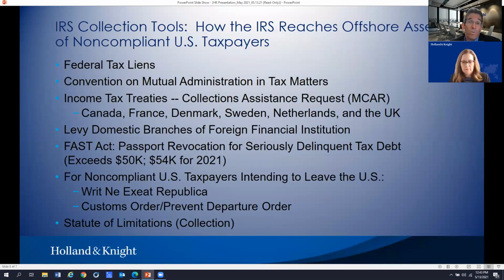But I think it's a general rule on a civil examination. It's important to extend a statute if you want to have the ability for the taxpayer to get to appeals, because there has to be a certain period of time left on the statute in order for the taxpayer to get to appeals.